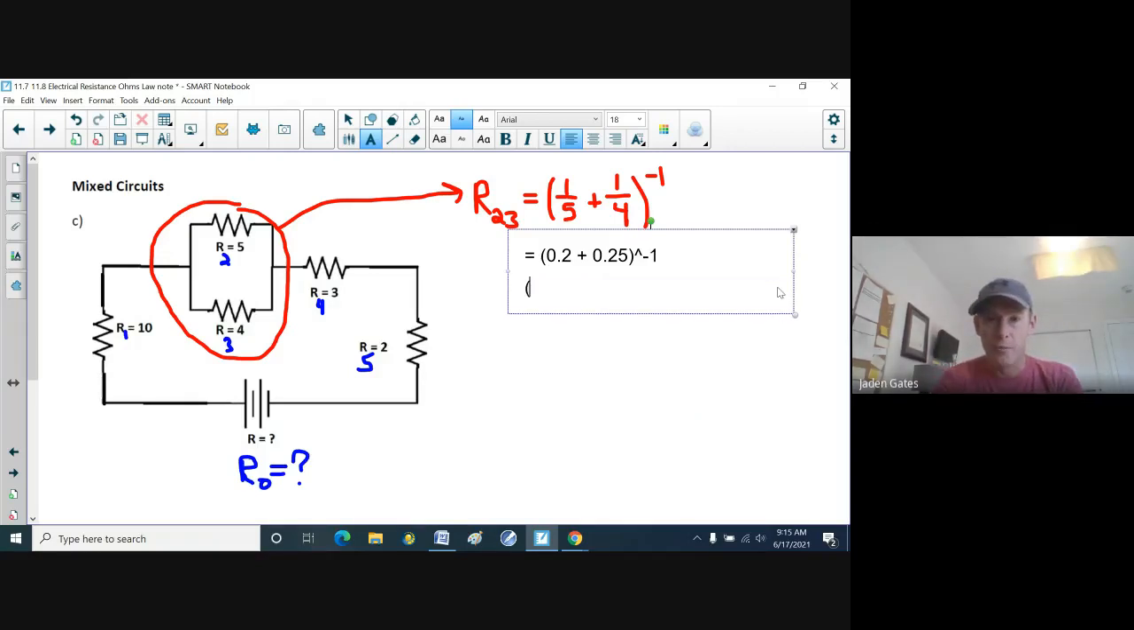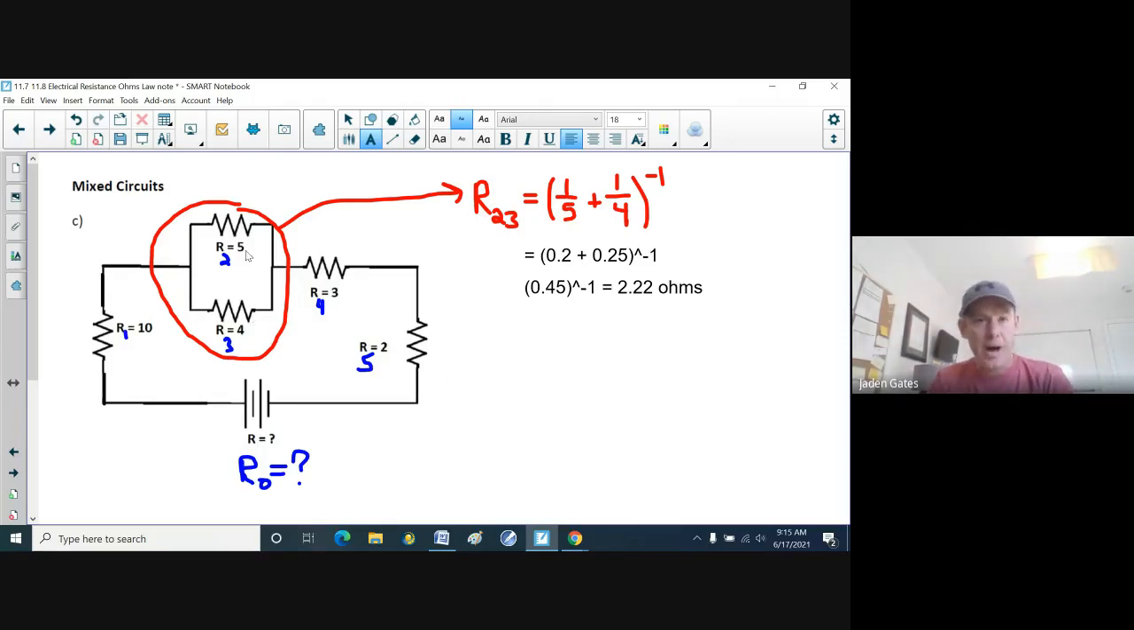All right, so what I'm really doing is taking 0.45 and taking it to the power of -1. And we end up with 2.22 ohms. Again, that's something you should try out in your calculator. That's a calculation that sometimes messes people up. All right, now what I've done is I've combined 2 and 3, so they look like 1 in terms of